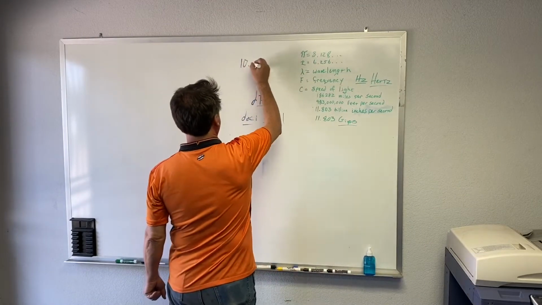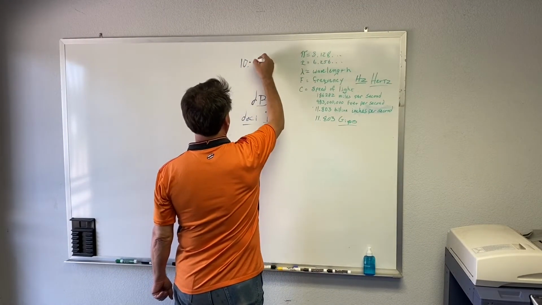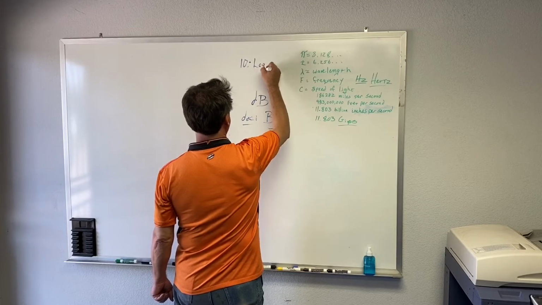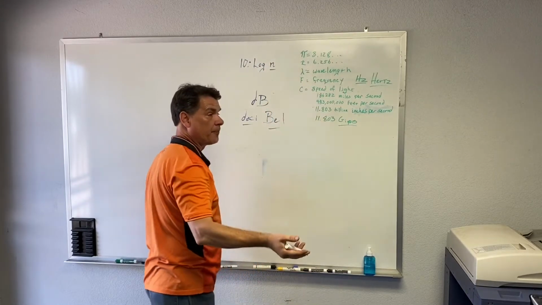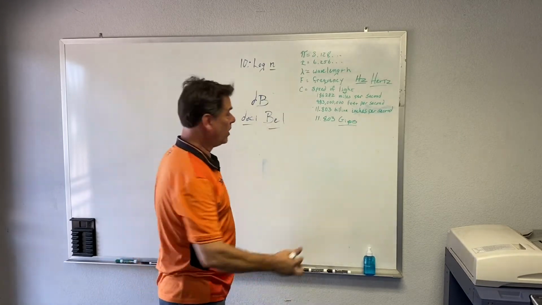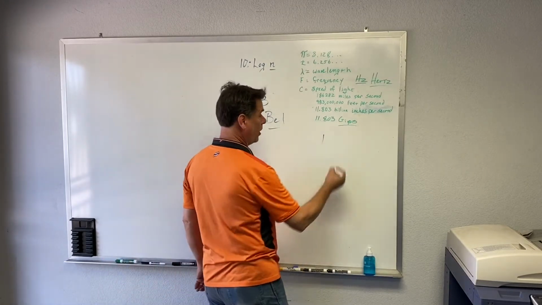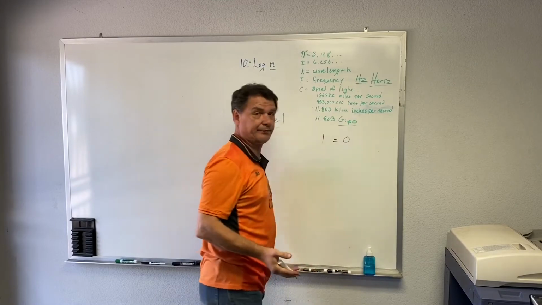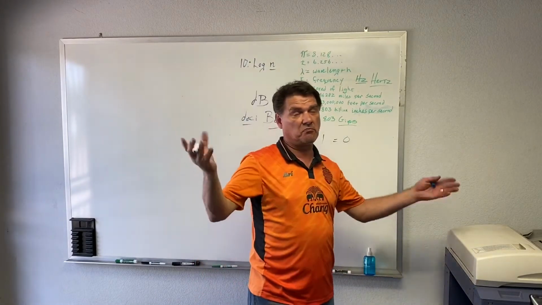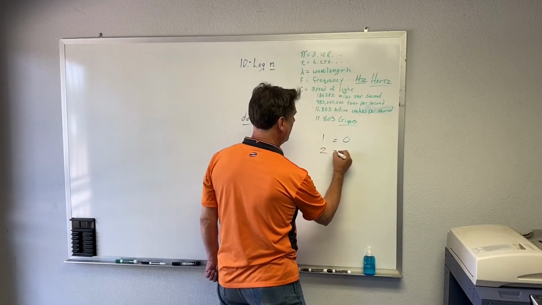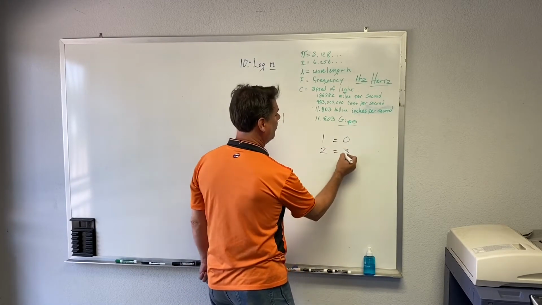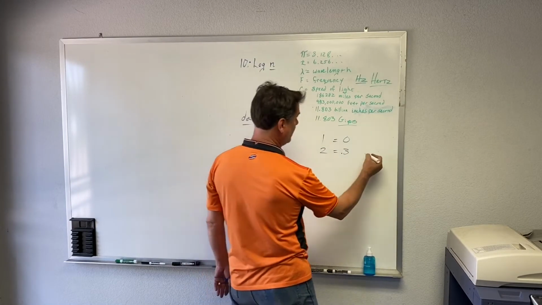It's 10 times the logarithm of n, whatever that number is. So, in the case of the number 1, the log of 1 equals 0, because 1 is unity, it's nothing. Oddly enough, the log of 2 equals 0.3. 10 times the log